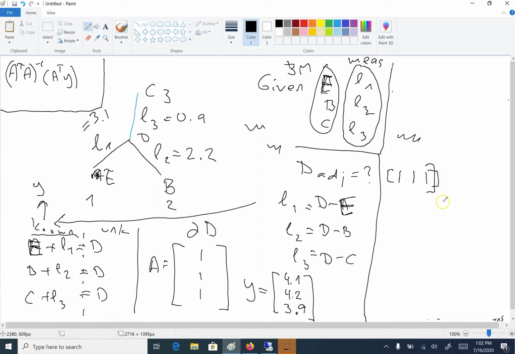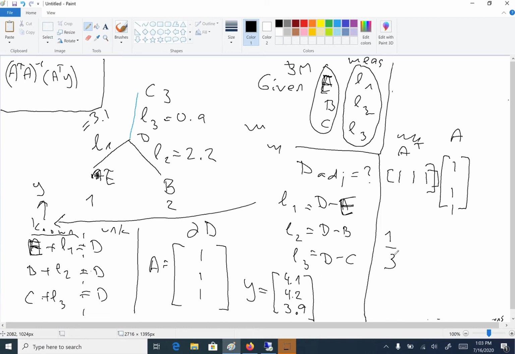So that's A transpose times A, which is 1, 1, 1. This is A transpose, and that's A. And we multiply this together, 1 times 1 plus 1 times 1 plus 1 times 1 is 3. So A transpose A inverse is 1/3